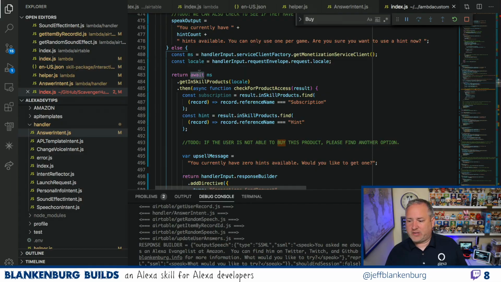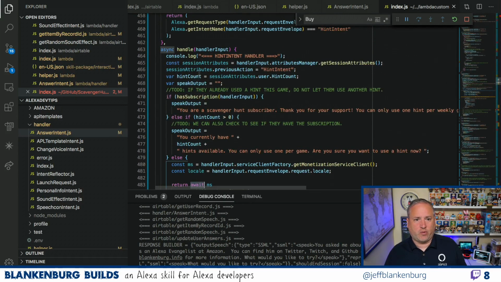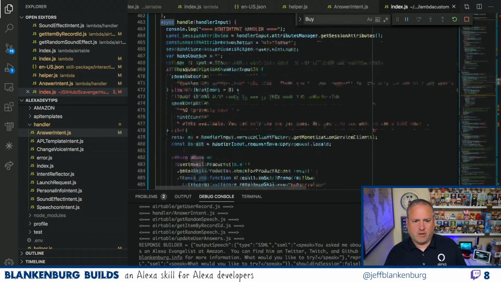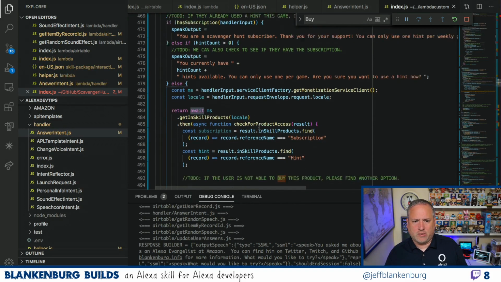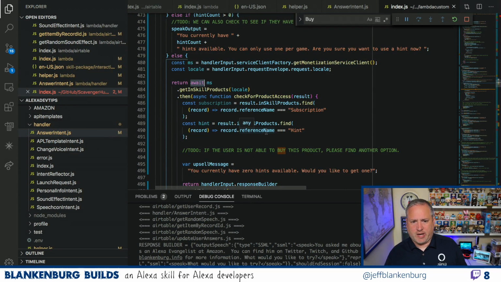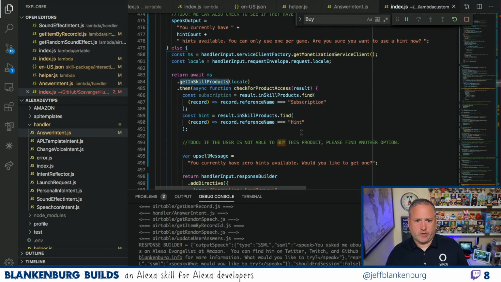The caller has to be async too, I agree. So if you look, my function is async, then I'm awaiting this call, and all of this calls out to an API, gets some information, and comes back. So viable clan member, I hope that answers your question, but that's why I'm returning await instead of just returning, because I'm making this additional call out right here. So I hope that answers your question.